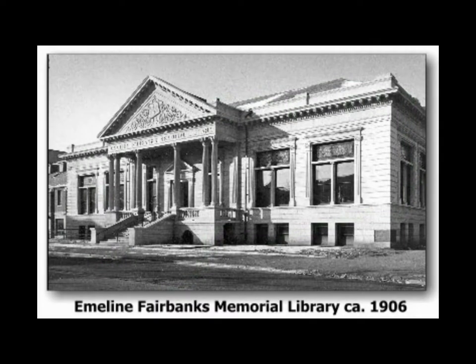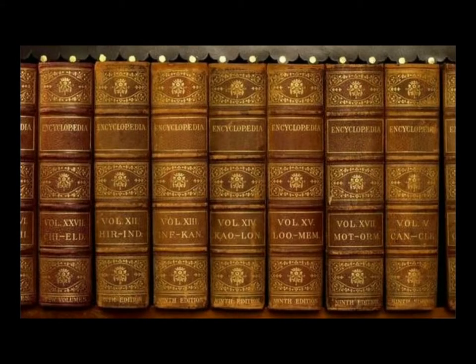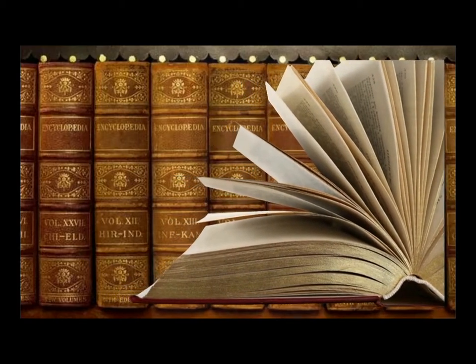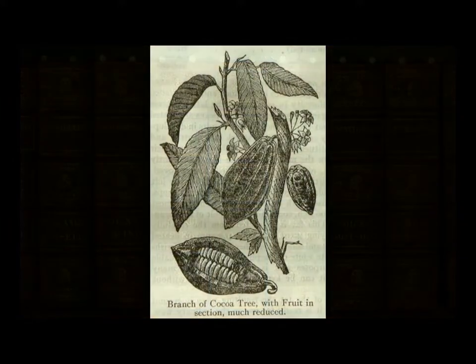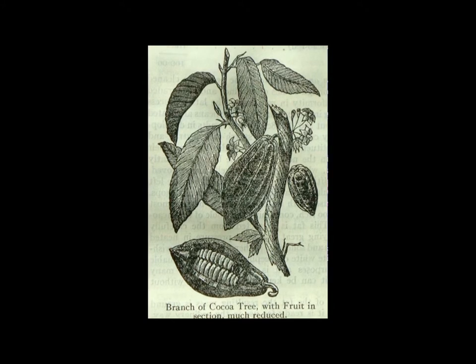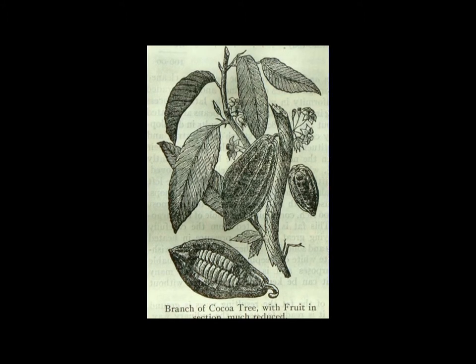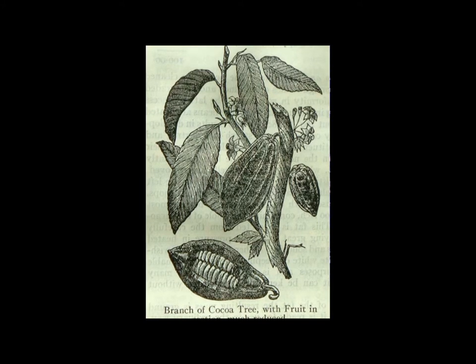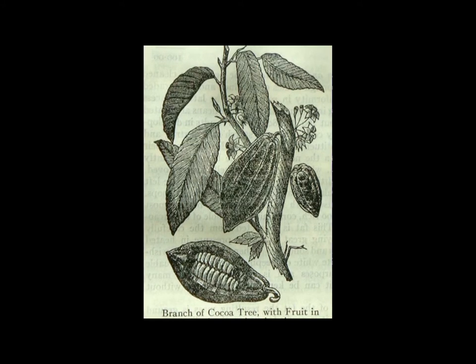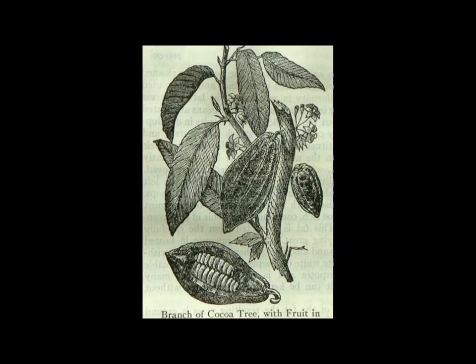Edwards, a former schoolteacher, was certainly comfortable in referencing material, and Dean would surely know what design could be incorporated into a bottle. Leafing through the Encyclopedia Britannica, page 628 reveals: cocoa, more properly pronounced cacao, is a valuable dietary substance yielded by the seeds of several small trees belonging to the genus Theobroma. The generic name is derived from words meaning God and food, and was bestowed by Linnaeus as an indication of the high appreciation in which he held the beverage prepared from the seeds, which he considered to be a food